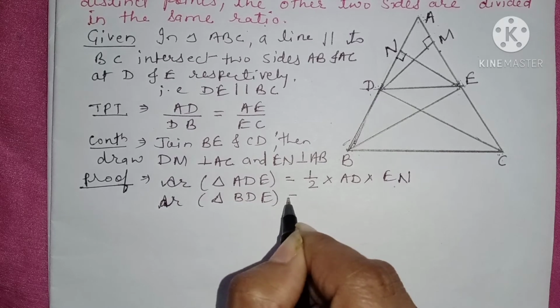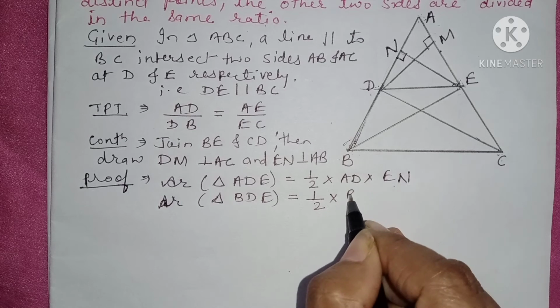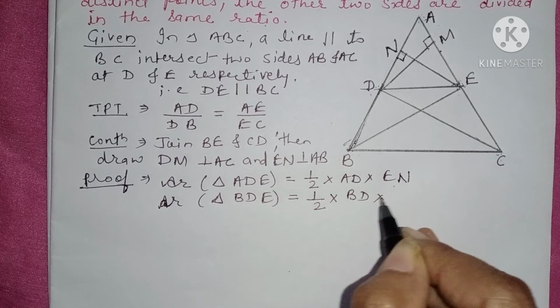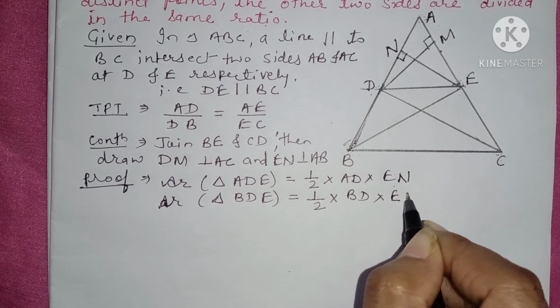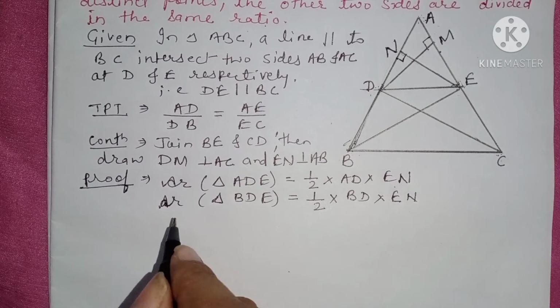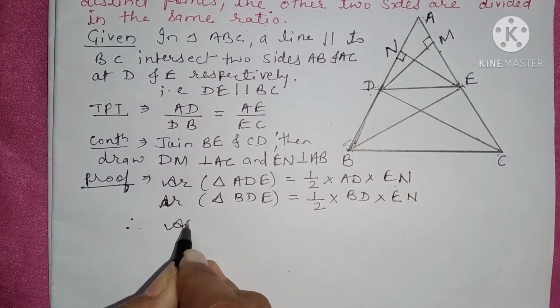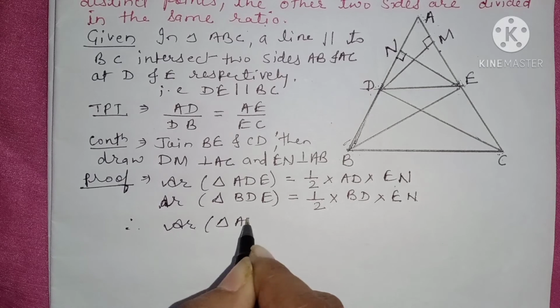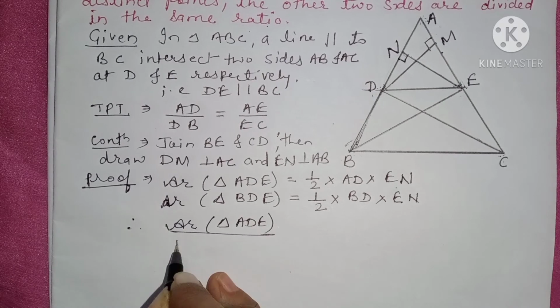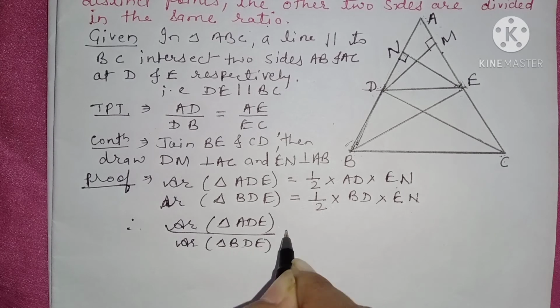Area of triangle BDE is equal to half, base is BD and height is EN. Okay. Now we'll find the area, therefore area of triangle ADE upon area of triangle BDE is equal to,